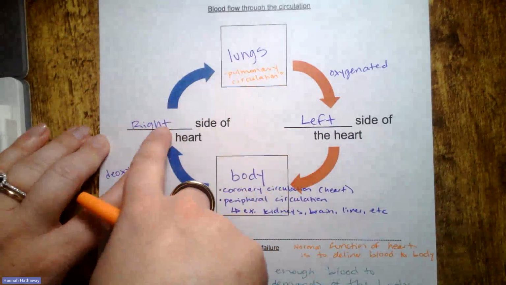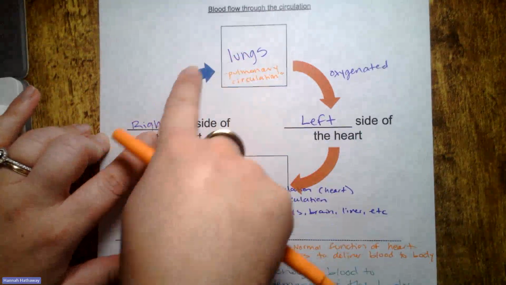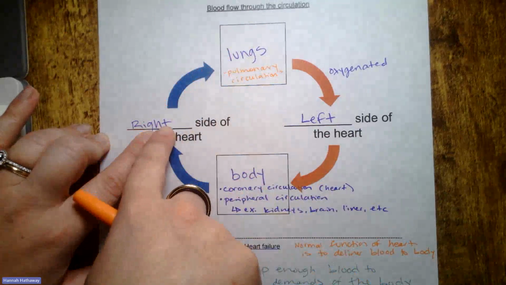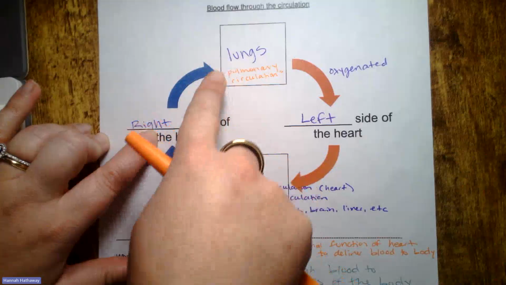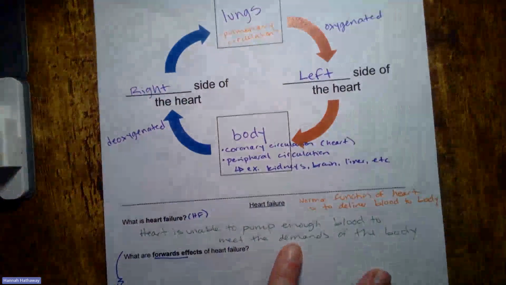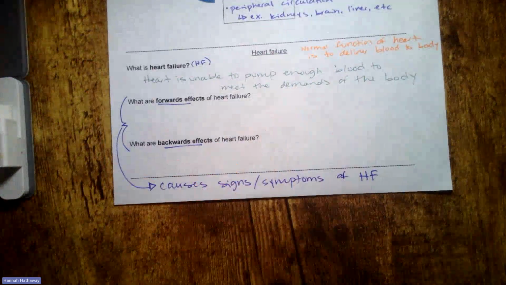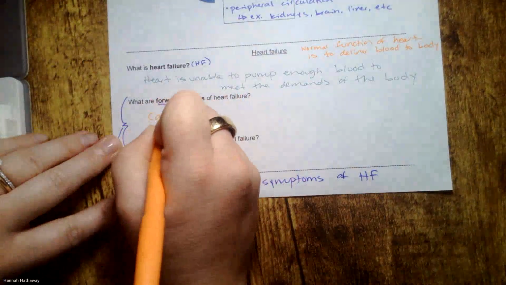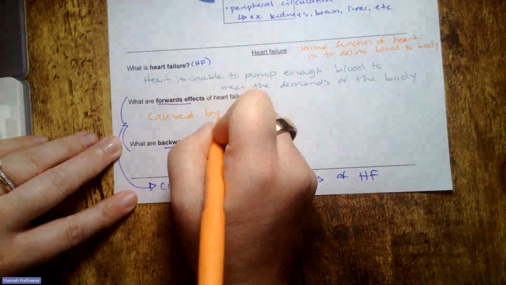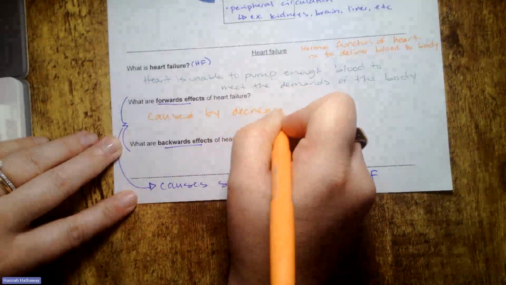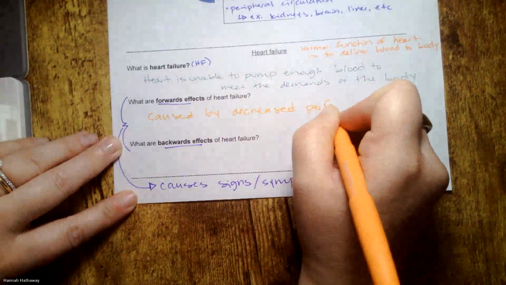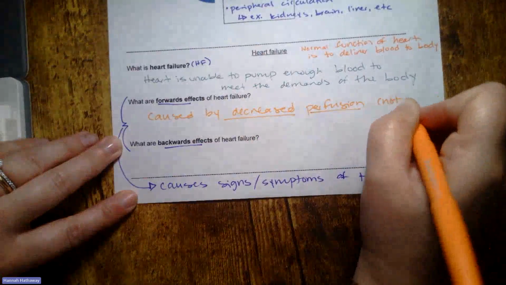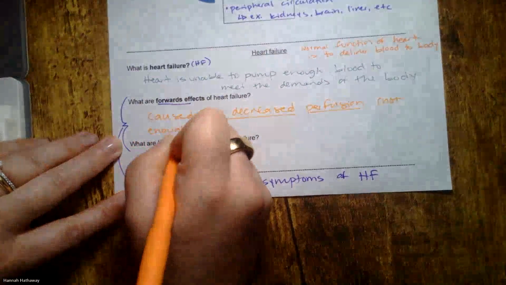So the lungs are forward from the right side of the heart, meaning they are following that arrow. So we would call that effect, in this case, the right side of the heart not pumping enough blood to the lungs, a forward effect of heart failure. So the more specific way we could say that is forward effects. These are caused by decreased perfusion, meaning not enough blood